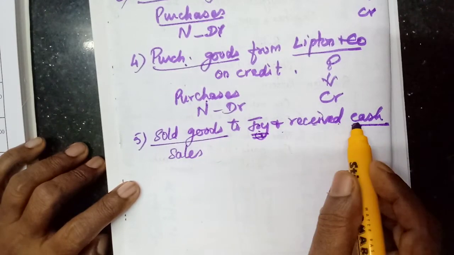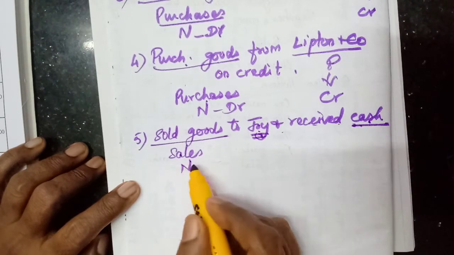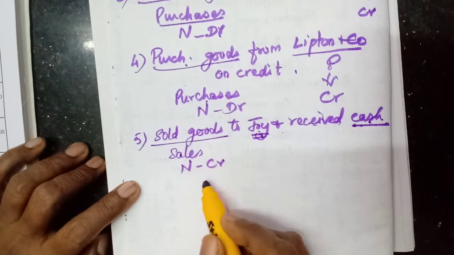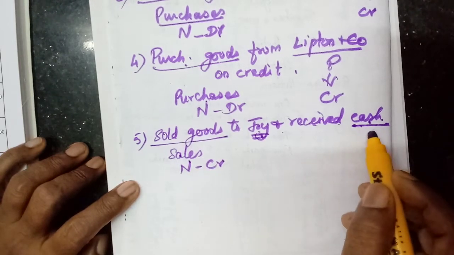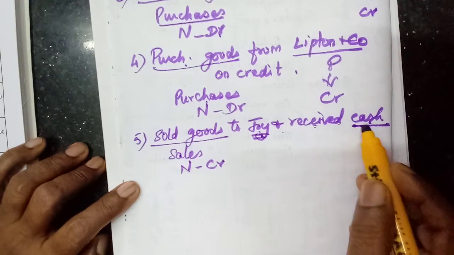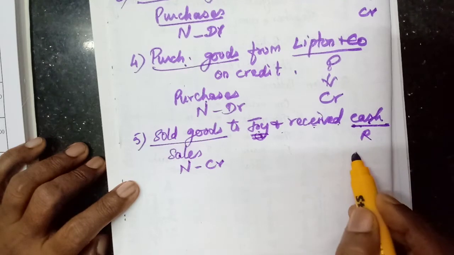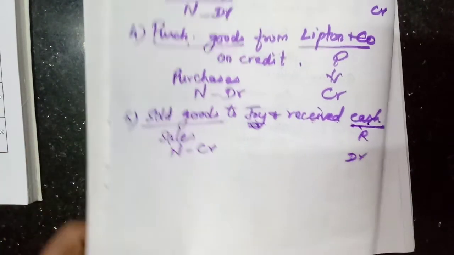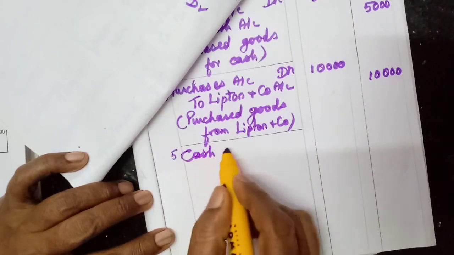So only two accounts. Okay. Sales and cash. Now this is nominal. Here it is an income. Isn't it? So we need to credit. Debit all expense and loss, credit all income and gain. Then cash, real account. Debit what comes in, credit what goes out. Cash is coming in, received cash. Isn't it? So real account, we need to debit. So what is the entry? Cash account debtor to sales account. Okay, students? Cash account debtor to sales account.